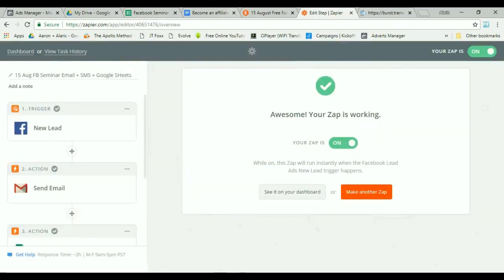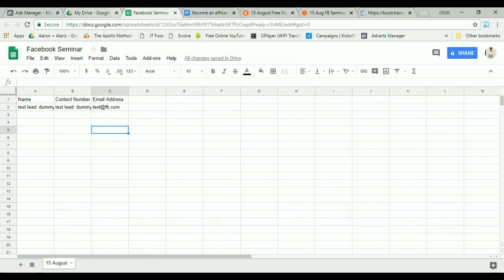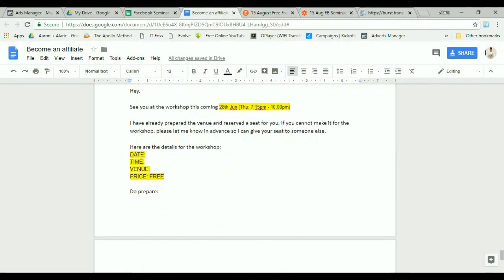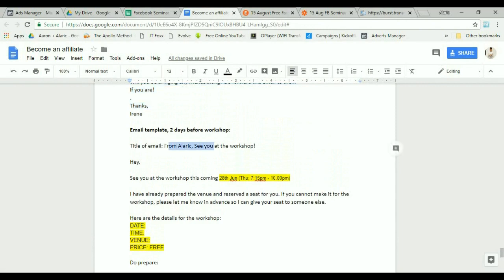Okay, now what will happen is that after collecting the leads, all the leads will appear over here. Then you get their name, you get their contact number, and you get their email address. It will be filled up. Then what you do is you just copy, and then you send them a normal email. You just copy this email template from Alaric 2 days before the